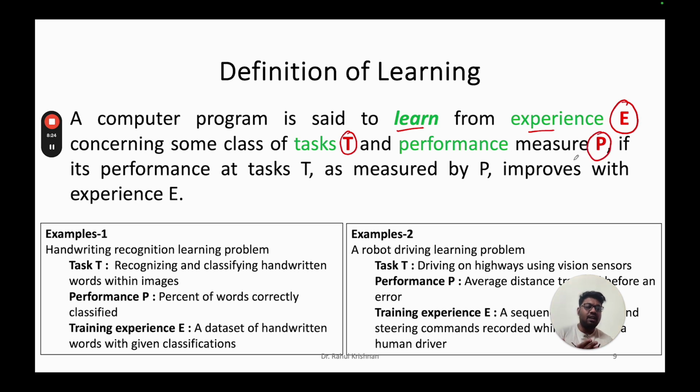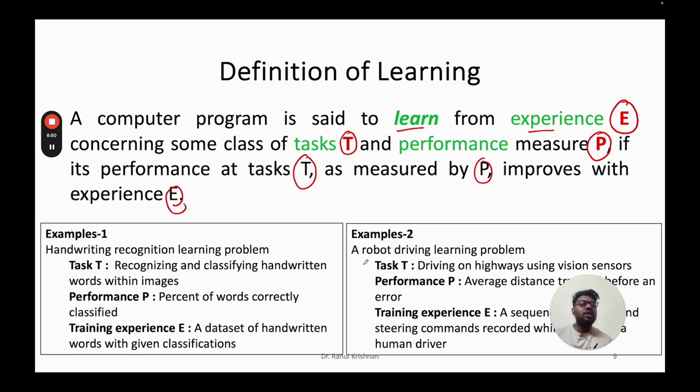Okay, so basically we have the experience E, and this experience is obtained by doing some set of tasks. That task is indicated by T, and the performance while doing this task is measured by a quantity, indicated by P. So if the performance at the task T, as measured by P, improves with the experience,